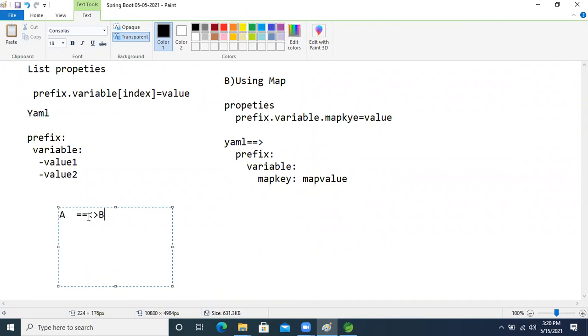So I want to inject the data using the has-a relation. What is the syntax, how can you write it?